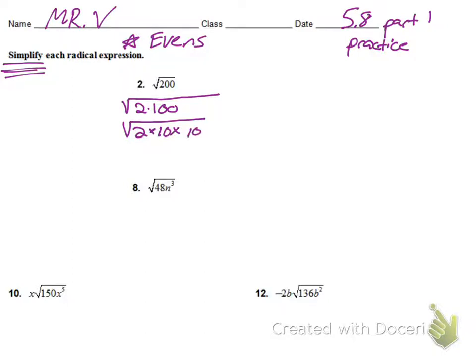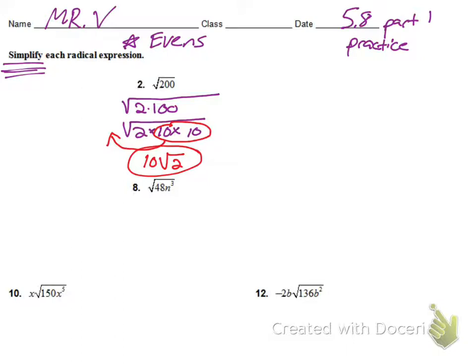And now when I look at this, I see that I have a pair of 10s, and those 10s come out as 1 10 on the outside. So my final answer would be 10 radical 2. So again, remember, you're just taking pairs out. If I look at number 8,